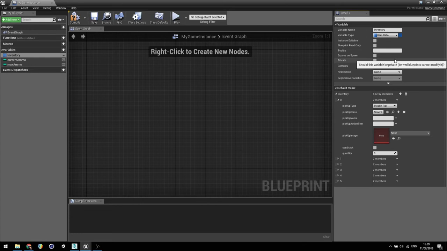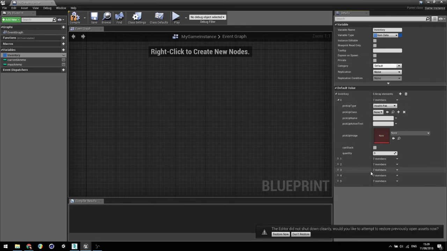so technically the array is never actually empty. If you had done this as an array of objects, you could specify to have 6 elements, but you could specify the object reference to be 0. So you could have an inventory of 6 objects that is actually empty, with no object populating. The way that I've set this up means that we don't have that luxury. Even if we haven't picked anything up, the inventory array always has these 6 data structure items